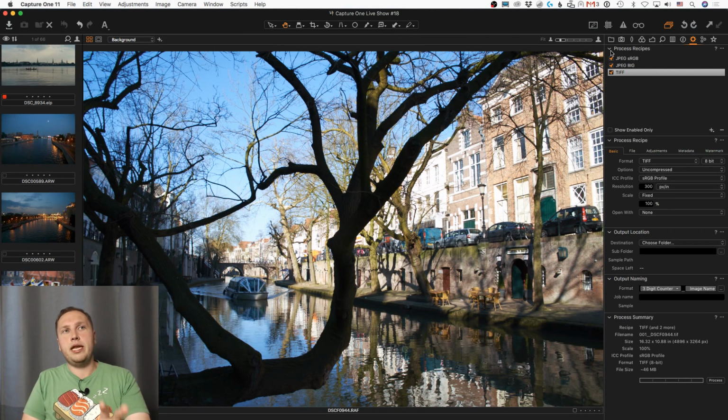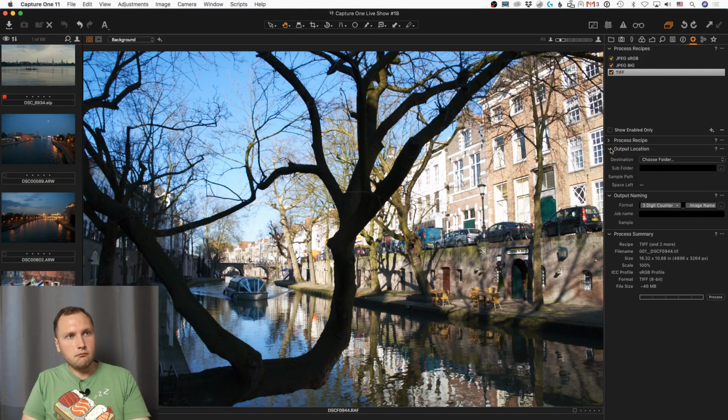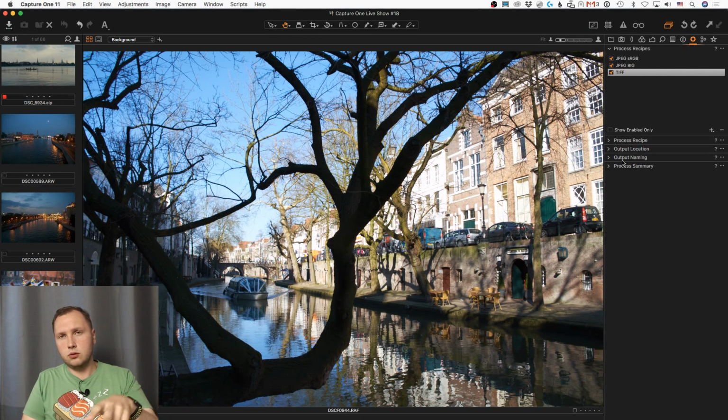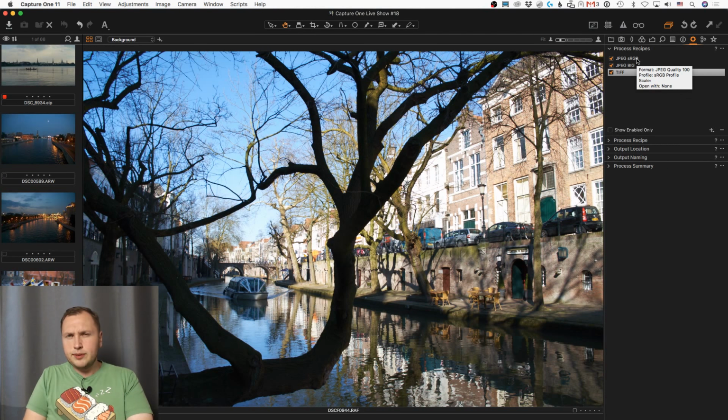As you can see, you have a menu called process recipes. I will collapse the tools just to make the tool I'm talking about more visible. Right now, I'm talking about this tool, process recipes. The point is that this is the key to understanding the main benefits and main features of exporting in Capture One. You can create multiple recipes. Each recipe is just a